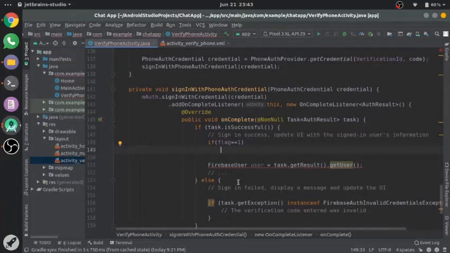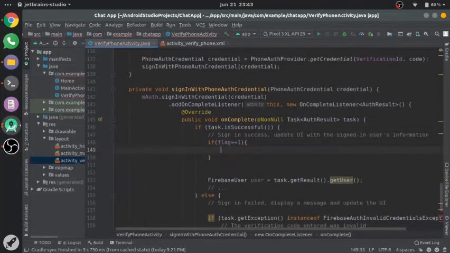equal to 0, that means we have to ask the user to fill up the details and sign up. My keyboard is not working properly. Okay, so create an intent.